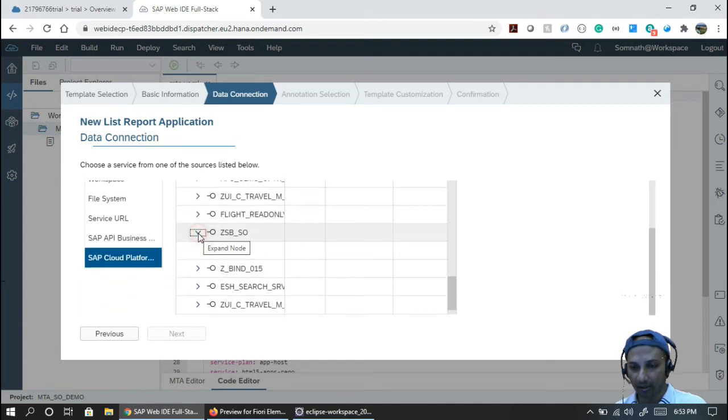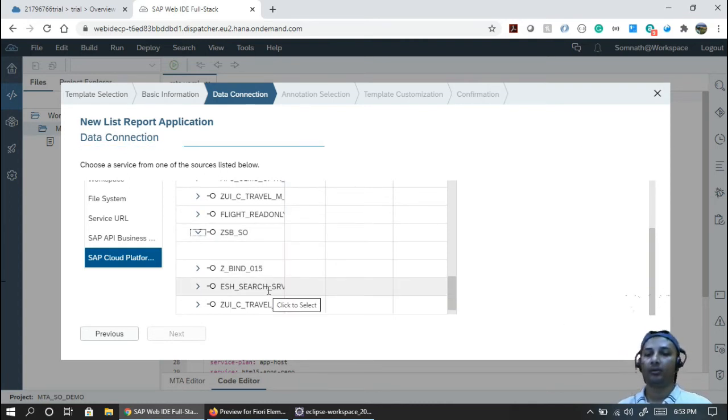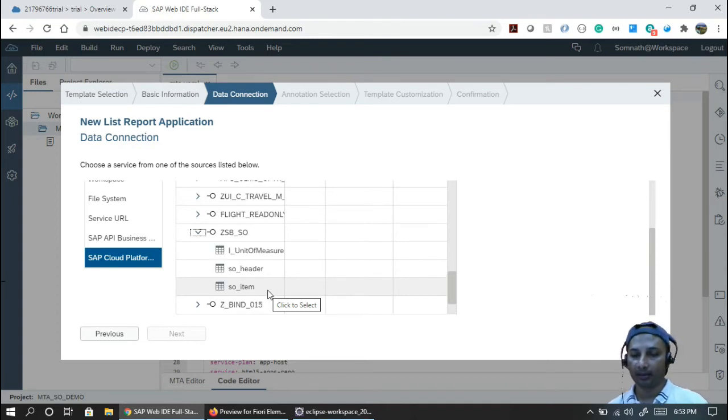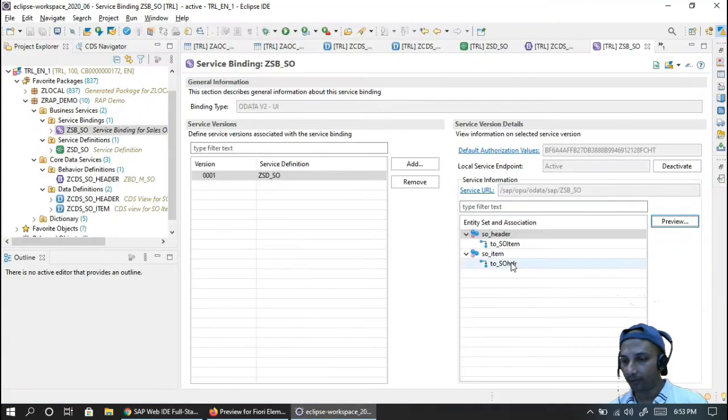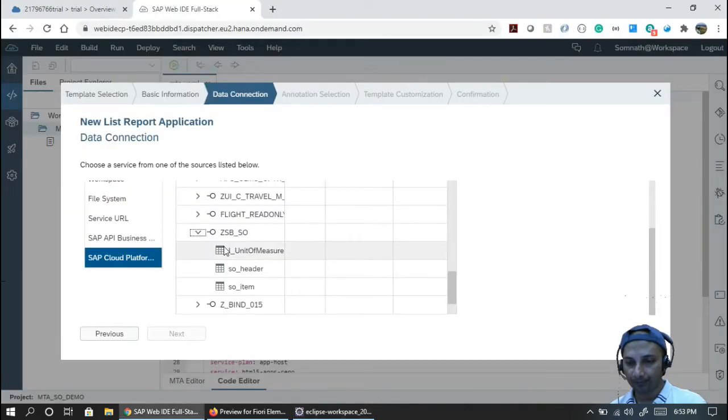If we expand a little, you'll see the artifacts that we created, SO header, SO item, unit of measure. In the preview, SO header and SO item, this is what we created, right? So let's select this one.